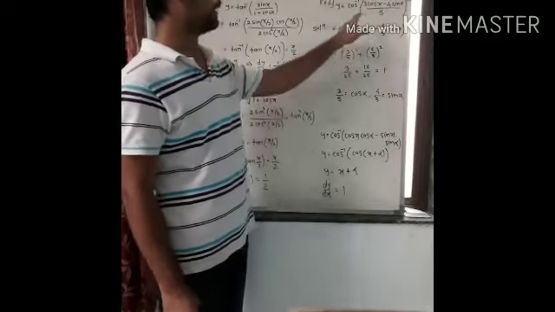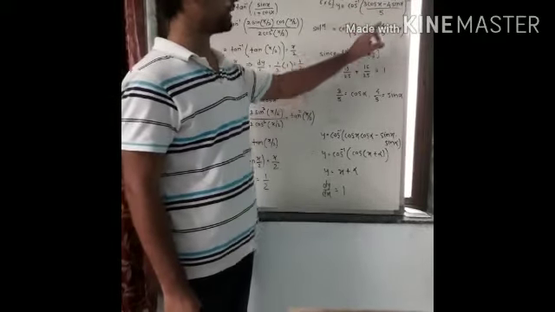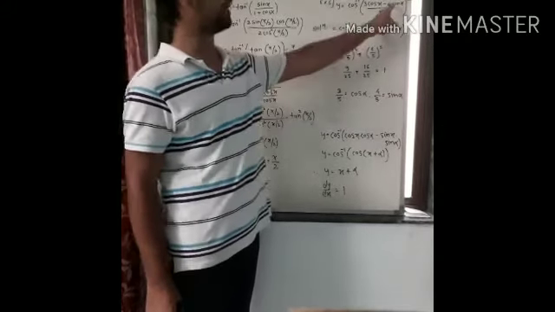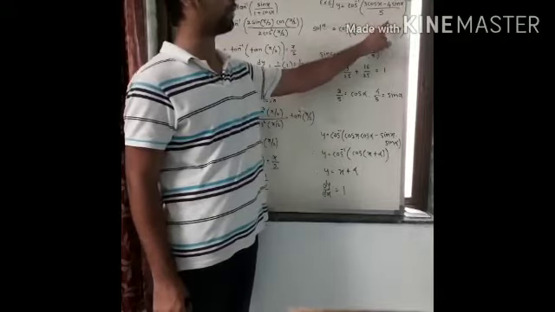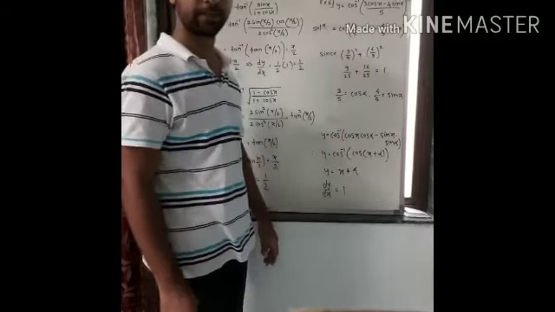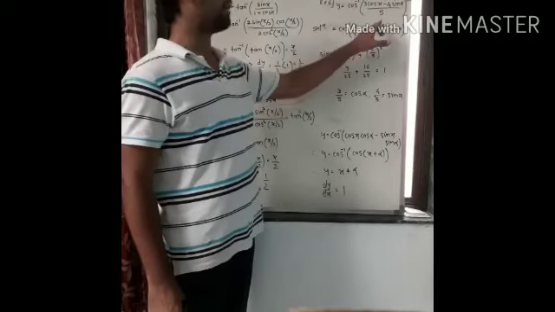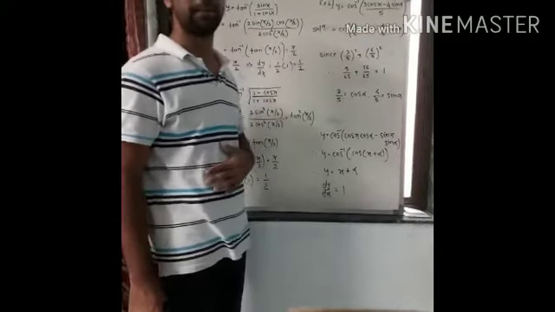So how will you write? 3 by 5 cos x, because this 5 you can write under the denominator of 3 also, right? Similarly 4 sin x upon 5 we can write 4 by 5 sin x, right? Now if you take 3 by 5 and 4 by 5 and if you square them and add